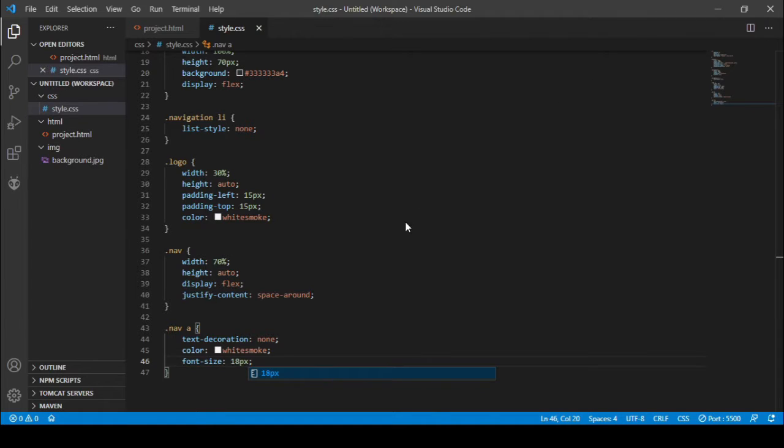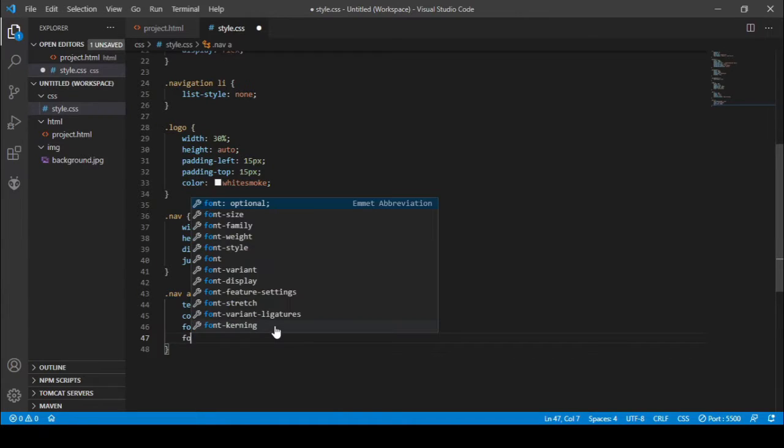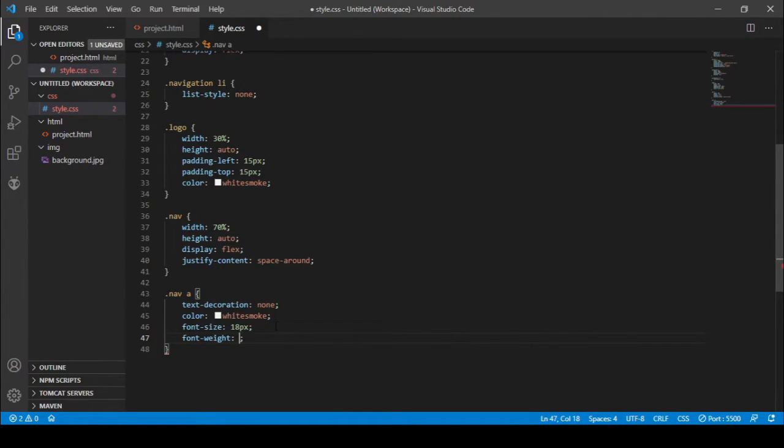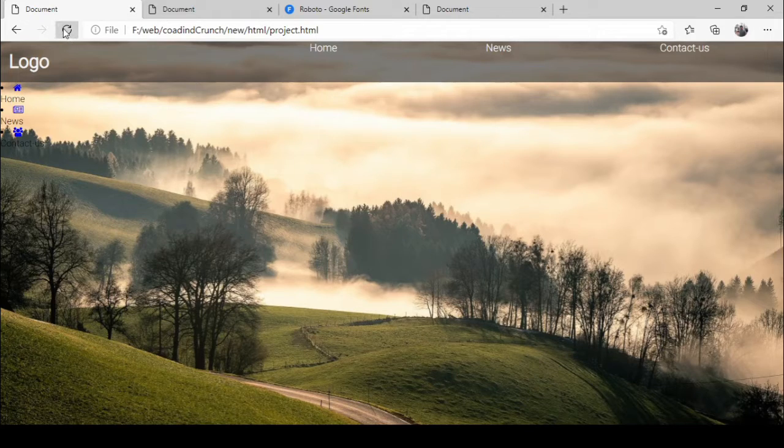I think we need to give the font weight. I need a font weight as bold in this. So let's refresh the web page again. Here you can see the font weight as bold has appeared.